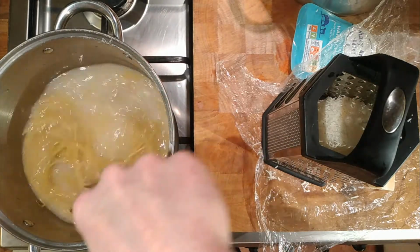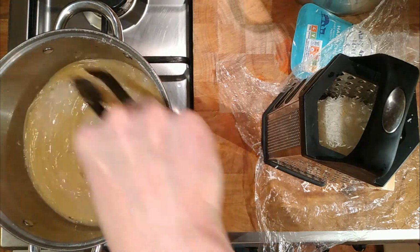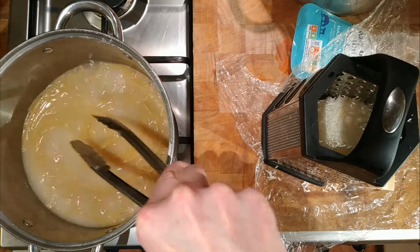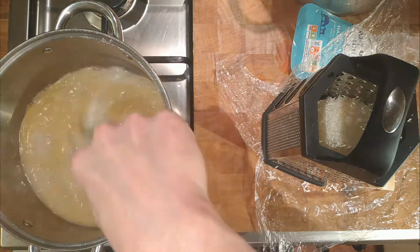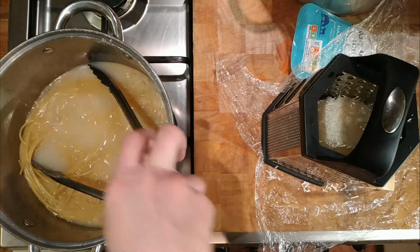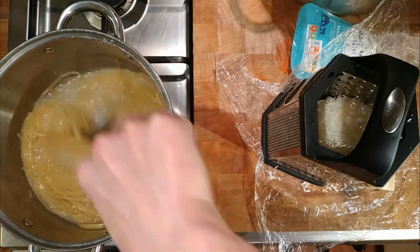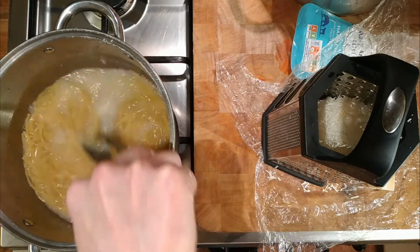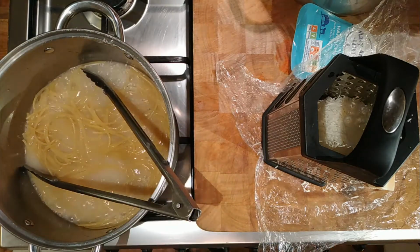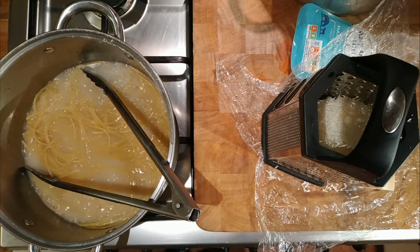But in this case, we're using the pasta water as the liquid, which would be the milk, and then we're using the starch from the pasta, that's the flour element, and then we're using the cheese as the cheese. So it's a bit of a deconstructed pasta sauce. Oh yeah, and there's the fat, which would be butter in a white sauce, is the actual fat that we get from the cooked guanciale, which is very fatty, and it's the